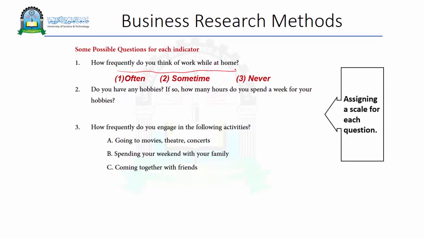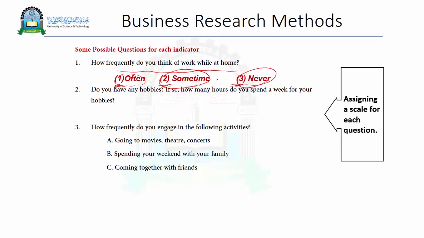This is the scale. It is the alternative answers provided for this question: often, sometimes, never. These answers are going to be numbered. These numbers are going to be calculated in SPSS for frequency, mean, and for any different statistical